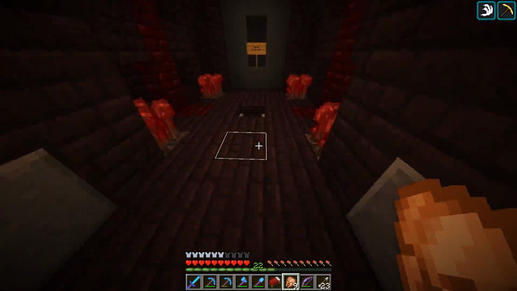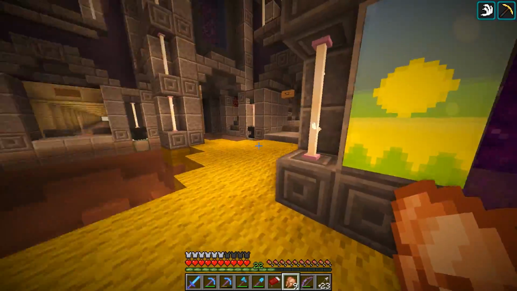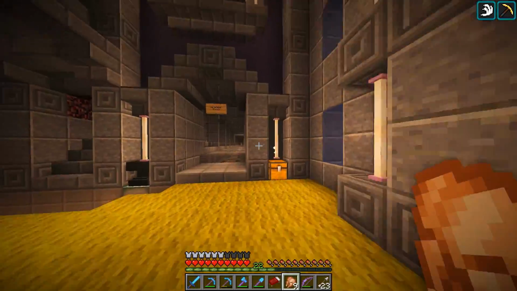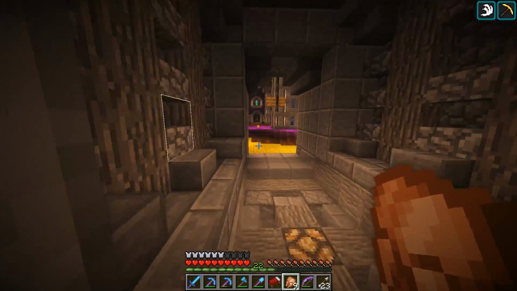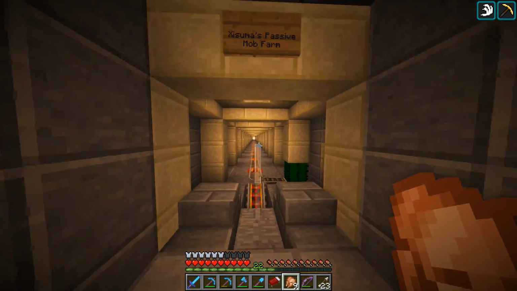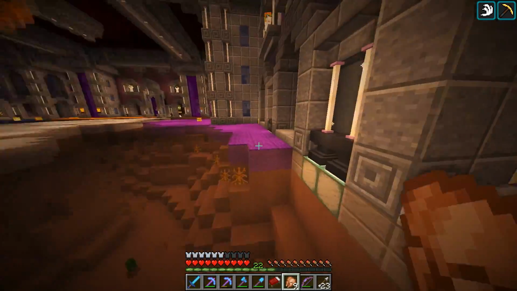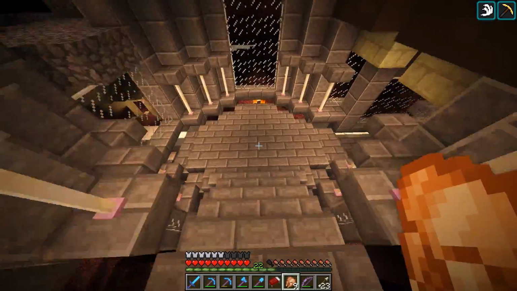This is another pretty cool thing. This leads to a witch farm. I'm not going to head down there because that's another thing that could take up time. Or not a witch farm, a blaze farm. Over here, this is my tunnel that leads to my dwarven base. Very gray, just like my dwarven base is. So I thought it was fitting. Exuma's passive mob farm down that way. As I said, there's just such a variety of different...